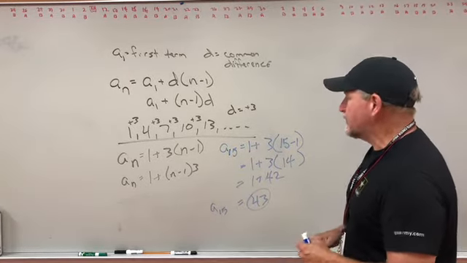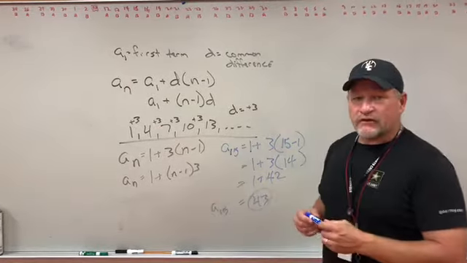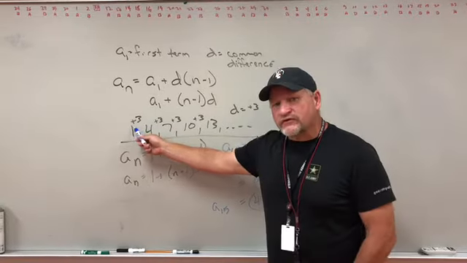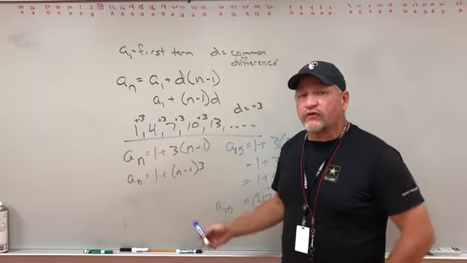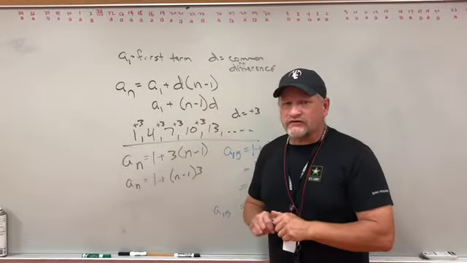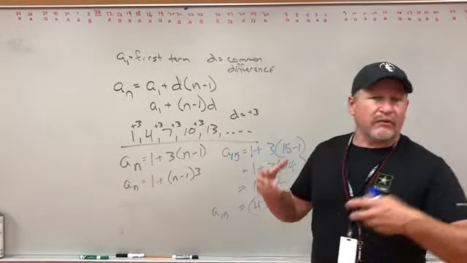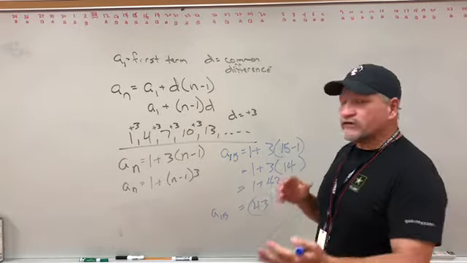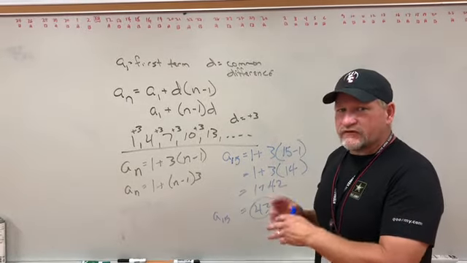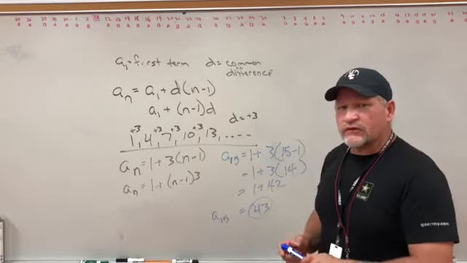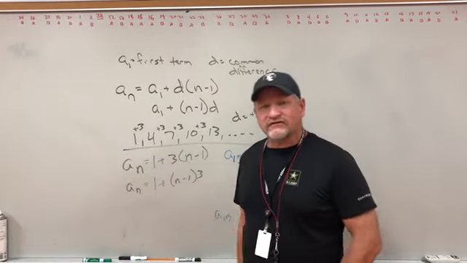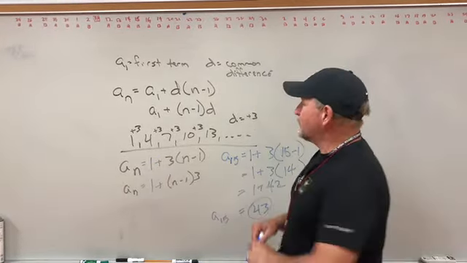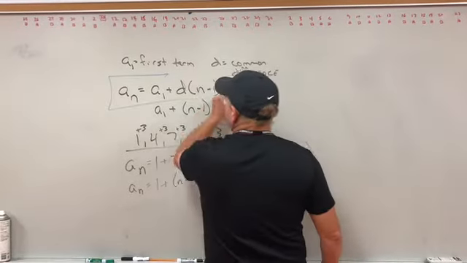Now, real quick reminder, how do we know whether or not it's arithmetic? How we get from the first number to the second, second to the third, third to the fourth, if it's always the same, adding by 3, or maybe it's subtracting by 5, or whatever it is, okay? As long as it's adding or subtracting and it's always consistent, that is the common difference. Remember, the number at the beginning of the list is the first term. And this is the general explicit form